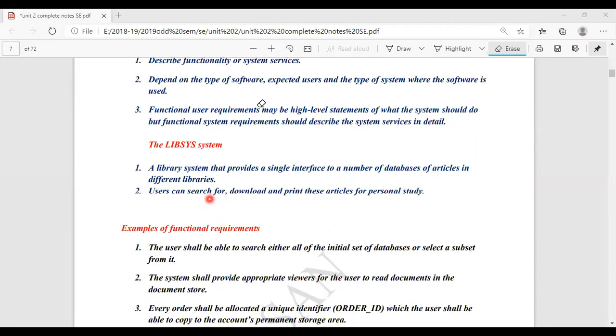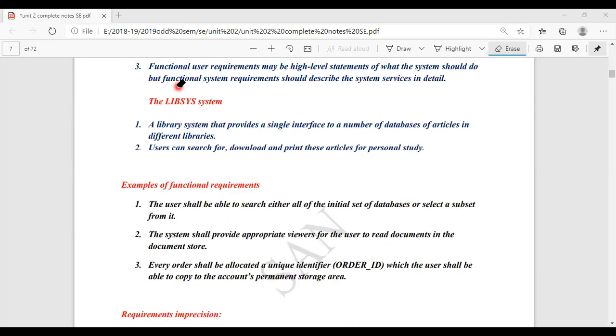So in short, you can describe the functional requirements in this way. Now, one more thing I'll tell you here. Suppose we take an example of library software. Hope you know how the library software works. In many universities and libraries, there are some softwares which are centralized. So what is centralized?